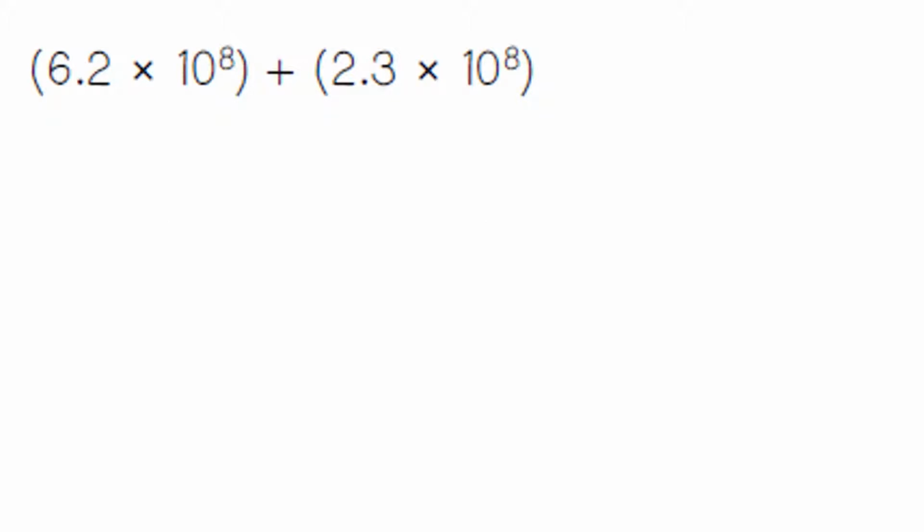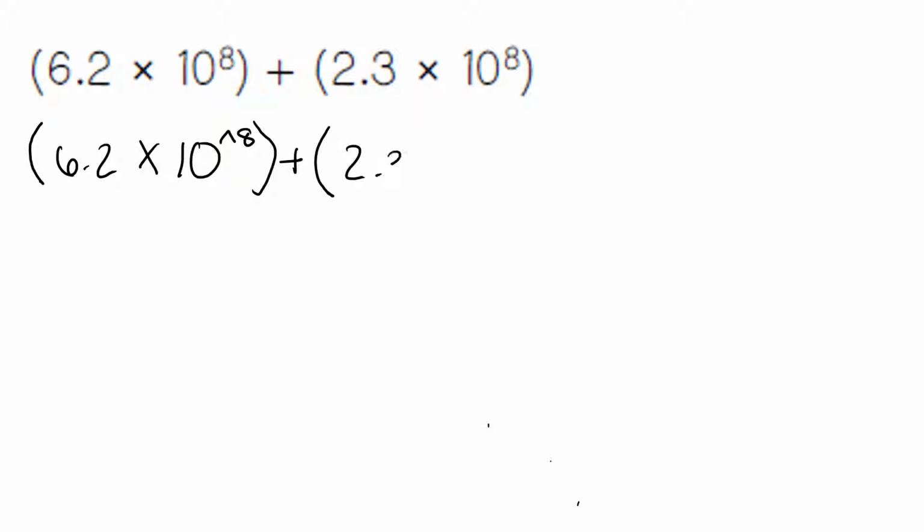Again, we type the problem in exactly as we see it with the parentheses around each problem. So we start by typing it in parentheses 6.2 times 10. For our exponent, we're going to use this symbol over on the left-hand side, the little caret top, and then the 8, and close your parentheses. Plus, open the parentheses, 2.3 times 10, the little caret symbol, and the 8. Close your parentheses. And we get the answer